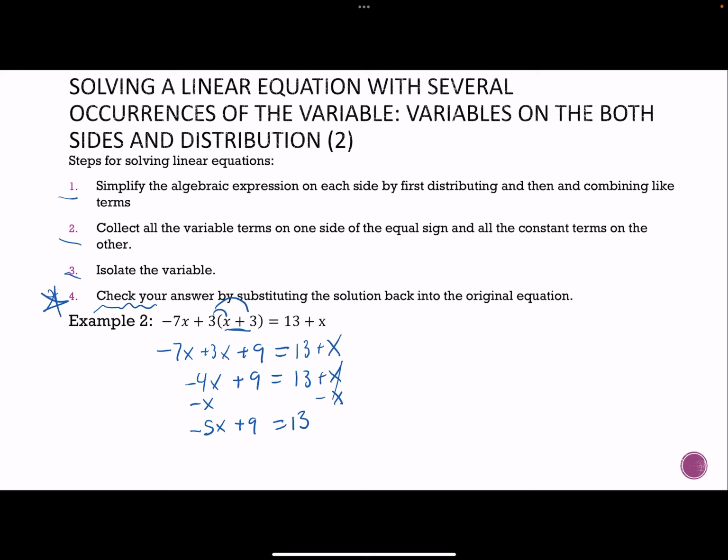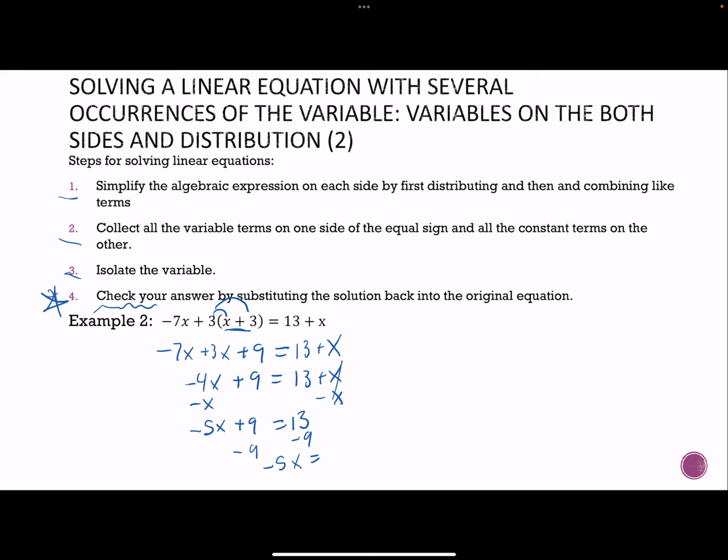And again, I'm writing down every single step because this is a video for students of all levels and to help you learn. But as long as you're keeping your steps organized and you know what you've done, you don't feel like you have to write down every single step like I do. So I subtract 9 from both sides. Negative 5x equals,